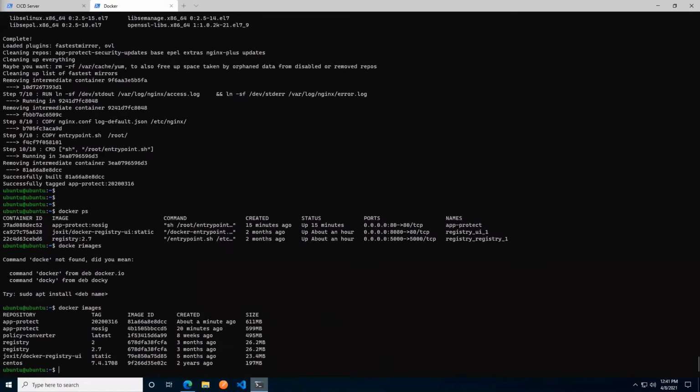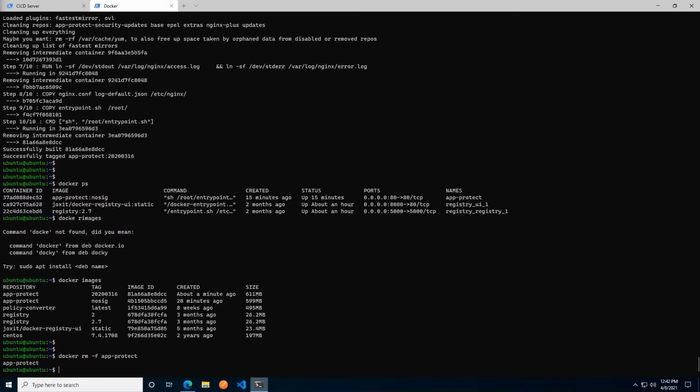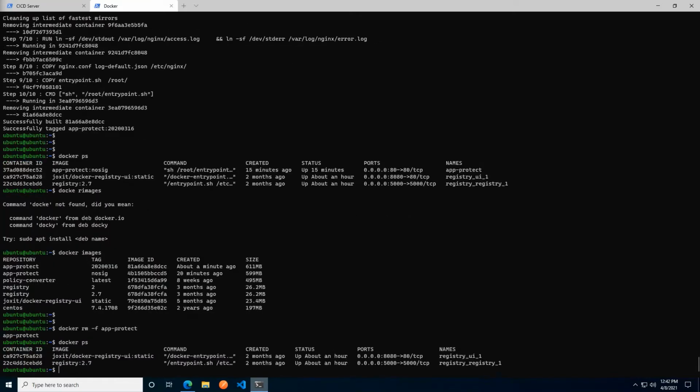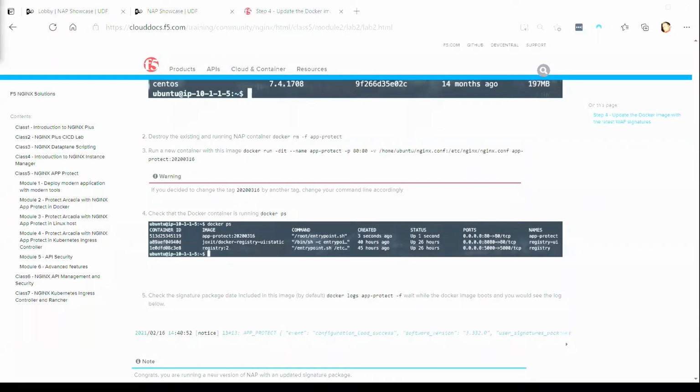In my terminal, I'm going to paste in the command and run that, and it responds with a name. If I now look again at my Docker PS, we see that there is no App Protect container running at the moment. We will fix that by popping over to our lab guide and copying out the Docker run command here.